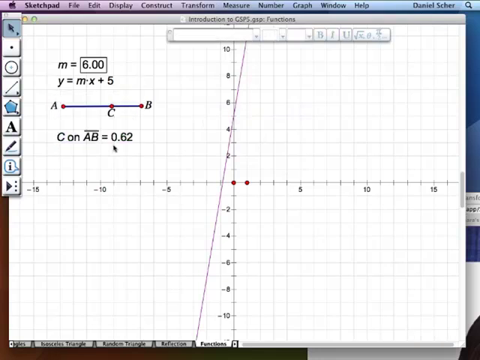So what is this? It says C on AB equals 62 hundredths. What that has done is it's taken my segment and parameterized it from 0 to 1. When C is all the way to the left at point A, it has a value of 0, and when it's all the way to the right at B, it's equal to 1. For those of you who have used sliders in Sketchpad, this is basically a slider that goes from 0